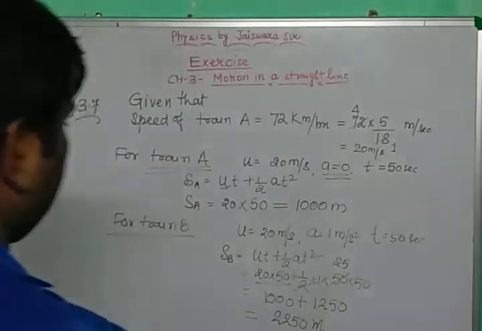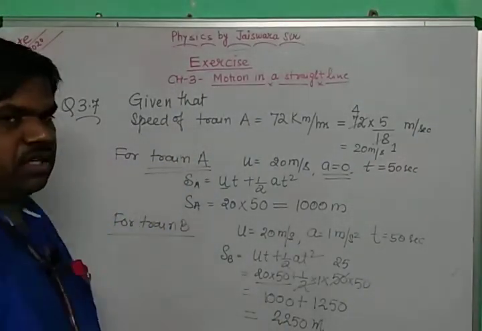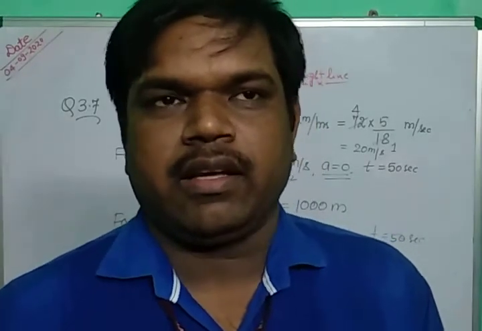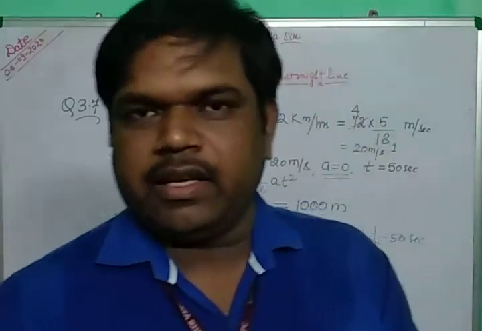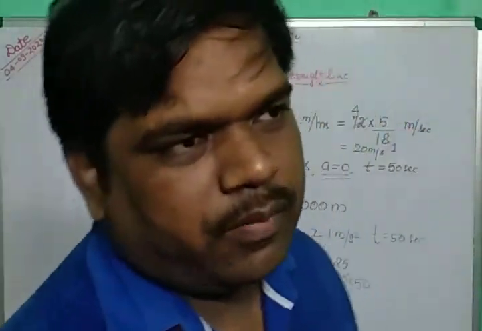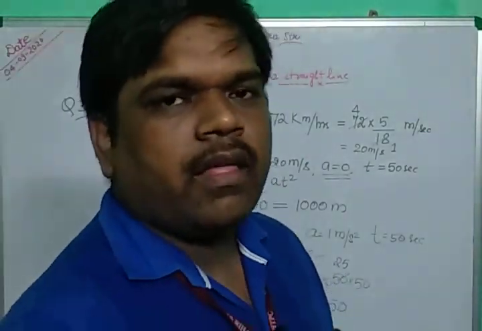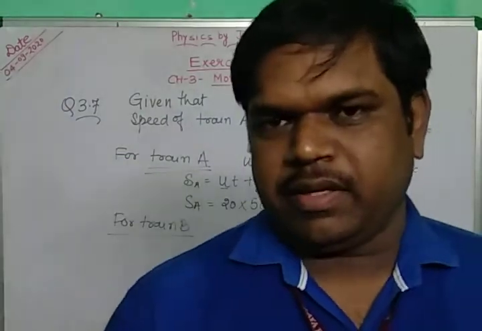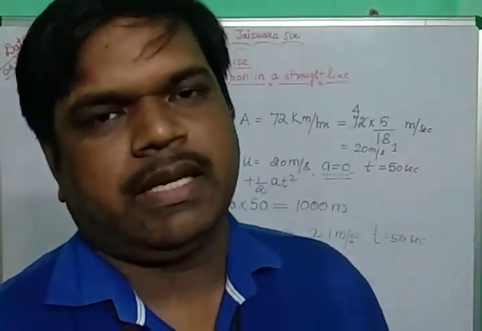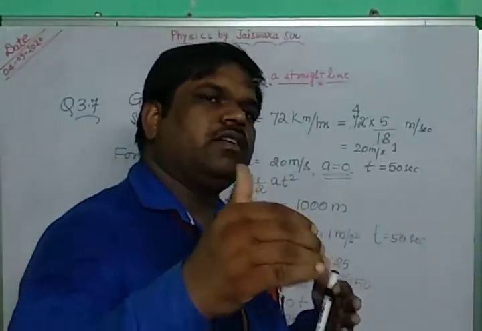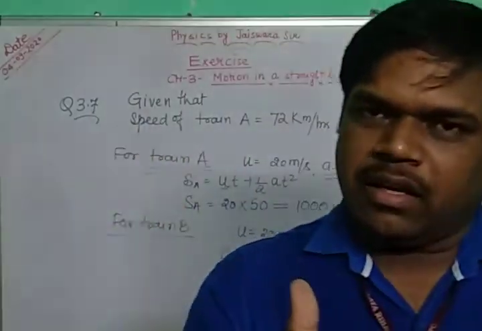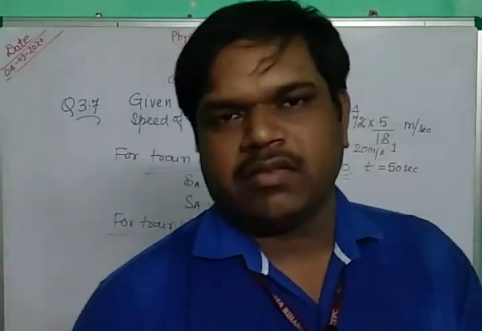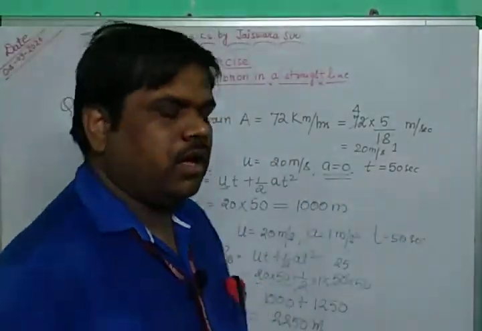Now as per the question, we have to find out the actual distance between both the trains, train A and B. The driver of train B wanted to overtake train A. To overtake, he created an acceleration of 1 meter per second square in his train. So obviously, when there is an acceleration of train B, then definitely train B will overtake train A. After overtaking, the guard of train B passes the driver of train A, so as per the question we have to find out the actual distance between train A and train B.